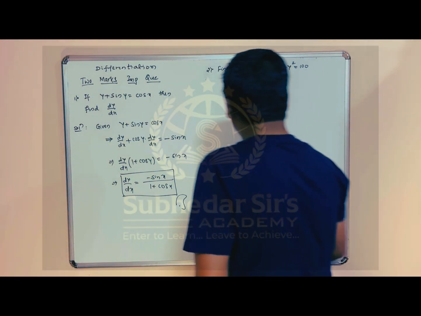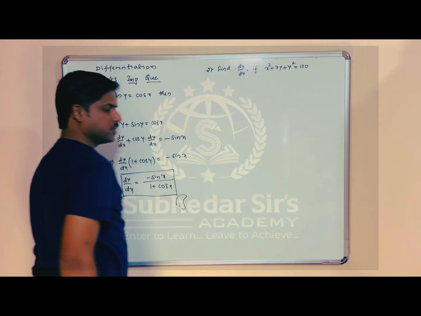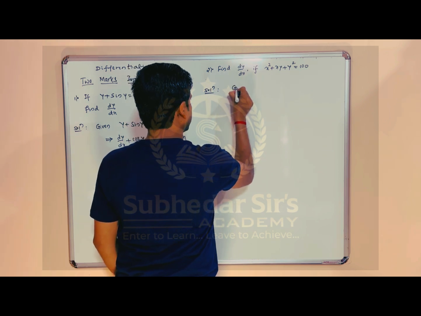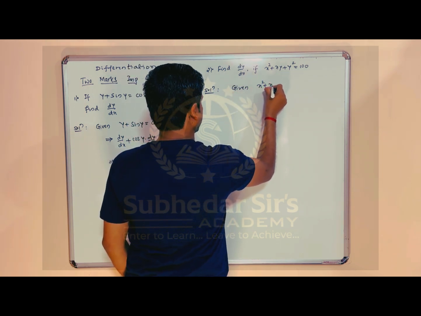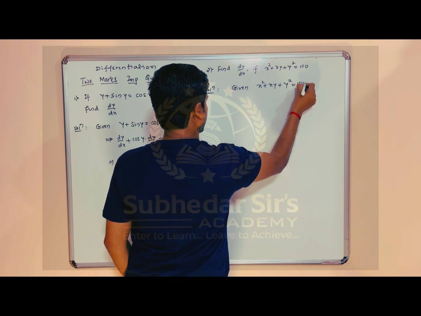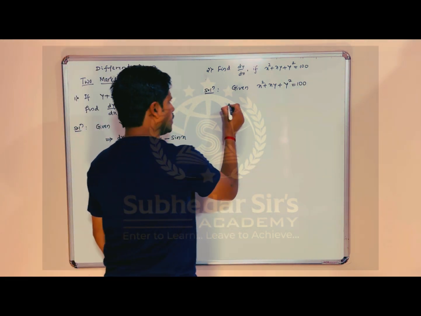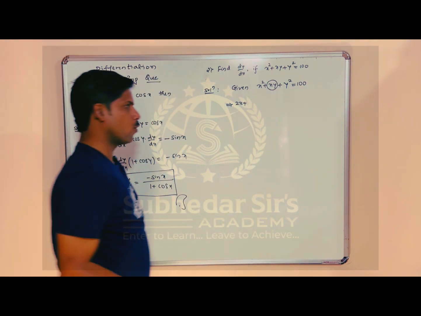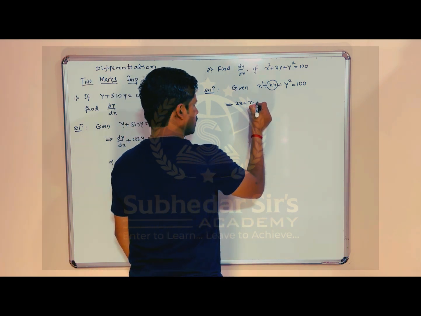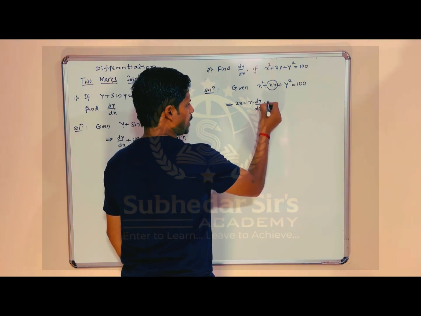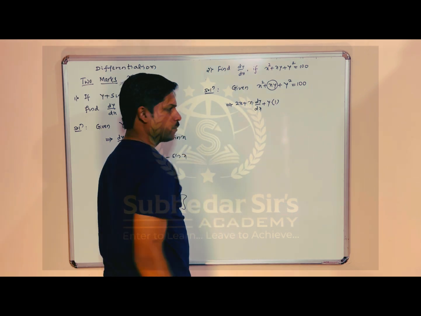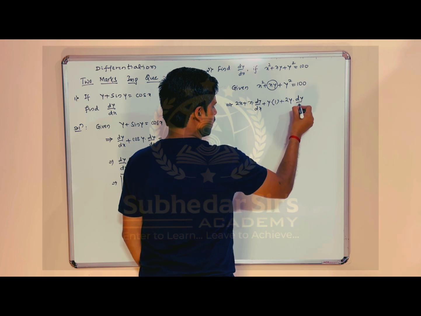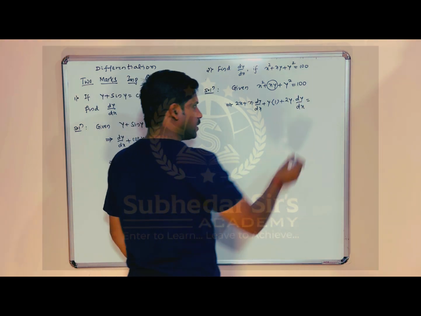Next question. Find dy by dx if x square plus xy plus y square is equal to 100. So 2 marks. Again 2 marks. So here given is x square plus xy plus y square is equal to 100. X square differentiation is 2x plus here it is product of two functions, u into v formula apply. So keep x constant, then second function differentiation, that is dy by dx, plus y constant, x differentiation is 1, plus y square differentiation is 2y into dy by dx is equal to